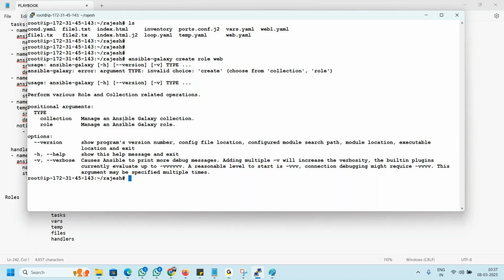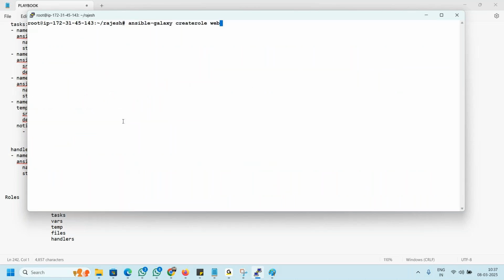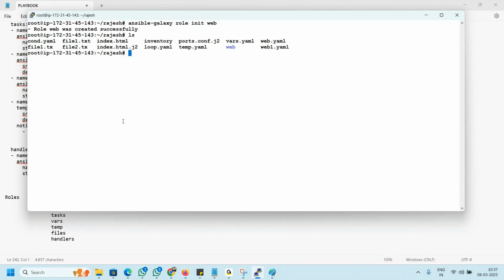Bad command. Hold a second. Ansible Galaxy role init, I guess. I forgot the command. Yeah. So web. If you go into the web directory, you see the web directory got created,